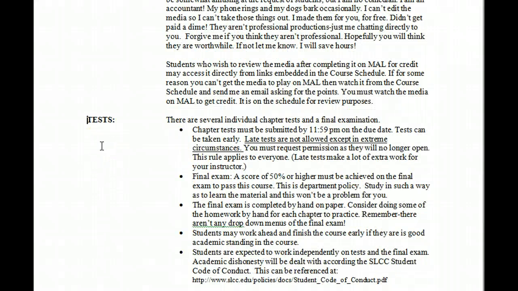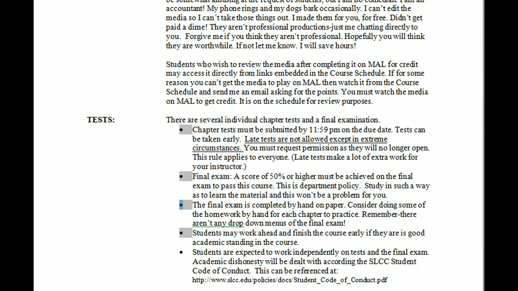Final. You have to get 50% or higher on the final to pass this class. It's department policy. It's not subject to negotiation. 48% is not 50%. So consider that every time you study, and study in such a way as to learn the material. This won't be a problem for you.